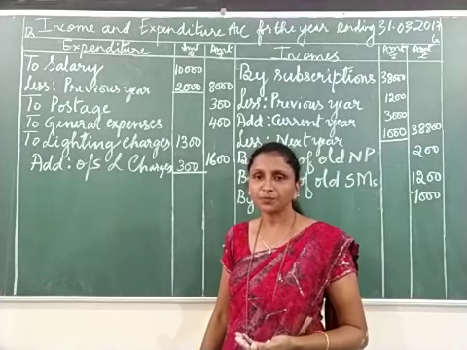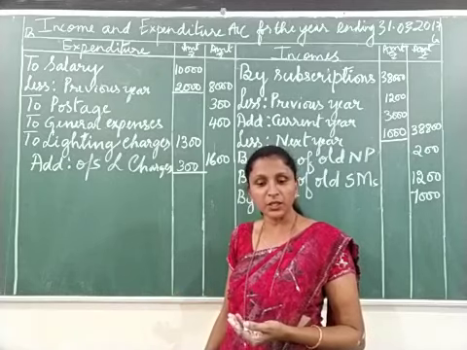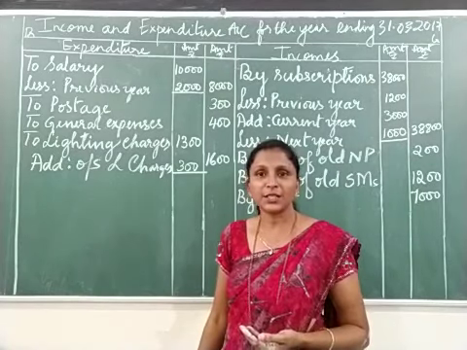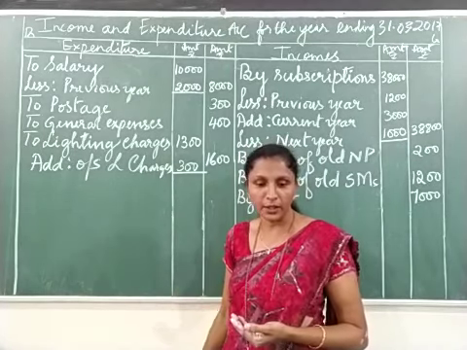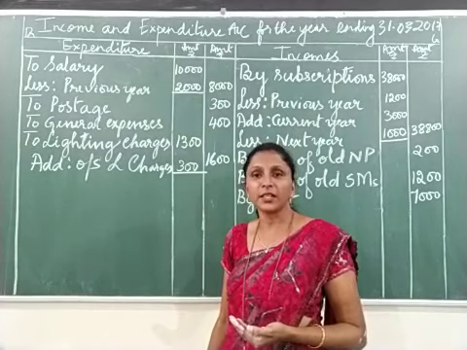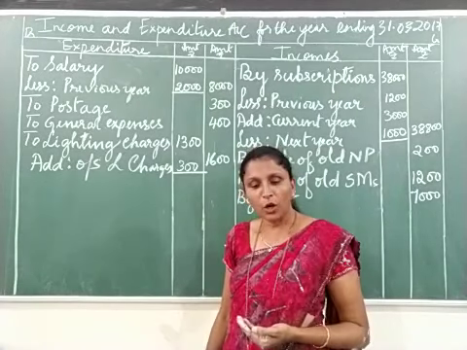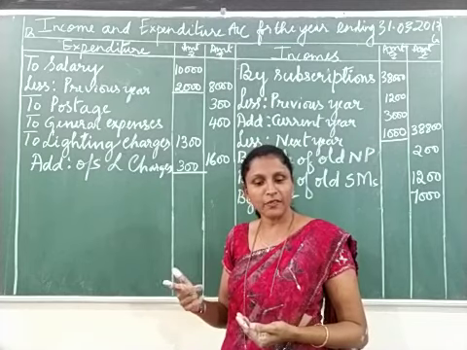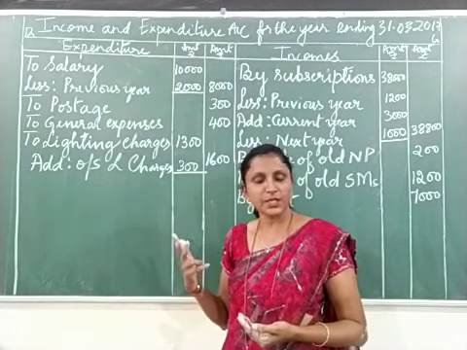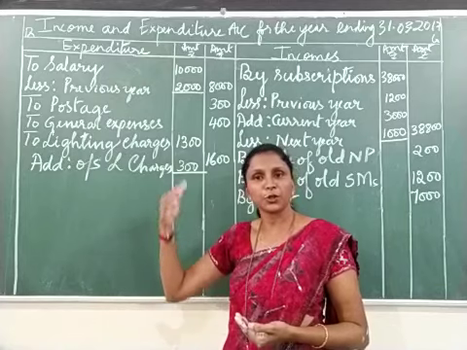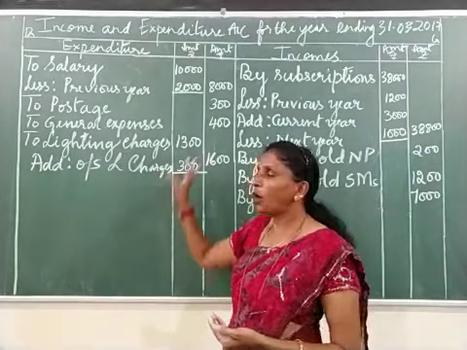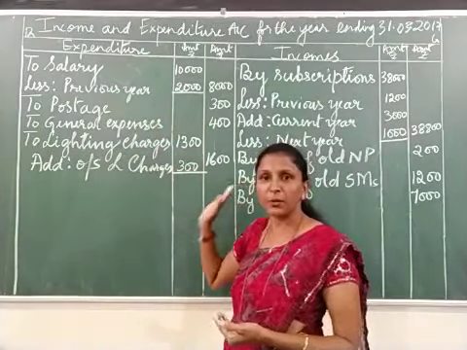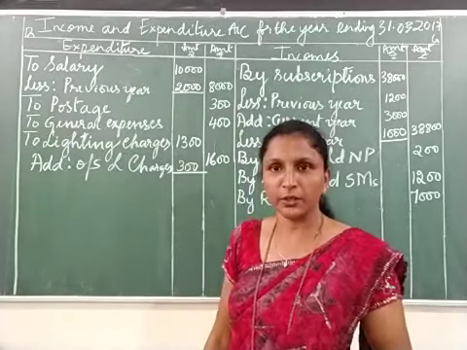Okay, over. So what are the remaining items in the receipts and payments account? Just see what items we have not ticked. On the debit side, I think entrance fees is not ticked. On the credit side, we have not ticked the purchase of sports materials, investments, fixed deposits, and by balance carried down. They go to the balance sheet. So all items from the receipts and payments account we have written.